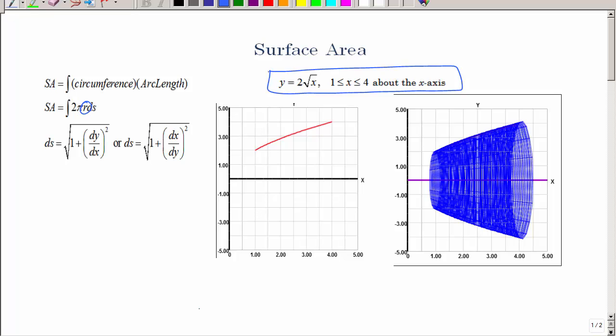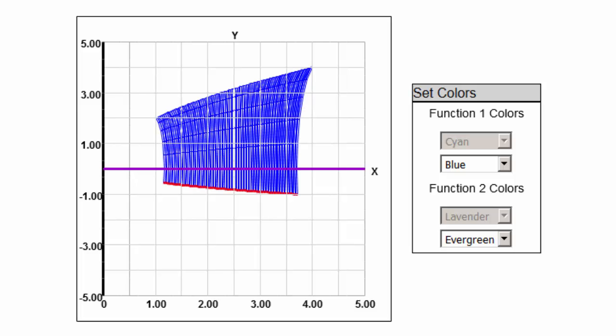I want to take y equals 2 times the square root of x, which I have graphed here, from the values from 1 to 4, and I want to go about the x-axis. So I want to look at this problem and go, well, they've given me everything in terms of x. They gave me my function in terms of x, they gave me my limits in terms of x, so probably using my x as my variable would probably be the easiest choice. Right, so as I look and I revolve this around the x-axis, you can kind of see how I've got this dimensional image, and it's going to revolve